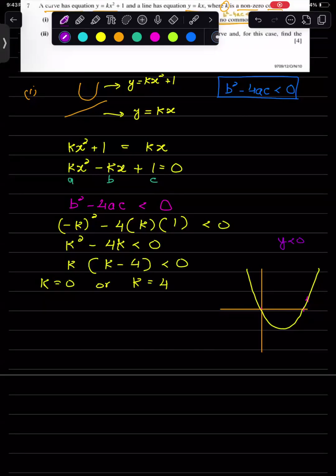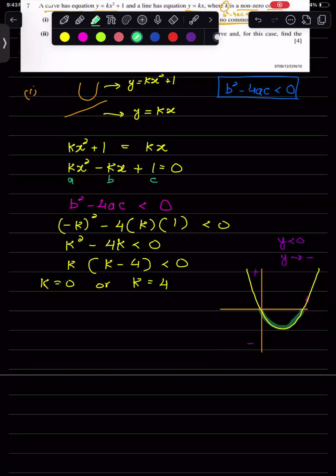Okay, so here my y is less than zero. That means I need only the negative portion, the negative axis on the y-axis, right? So here my y is positive and here my y is negative. So which portion of the parabola should I be highlighting? The negative portion. The lower portion, right? Yes. Okay, so I need this one,